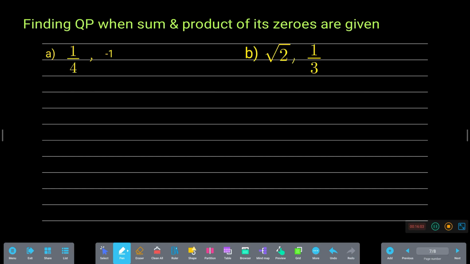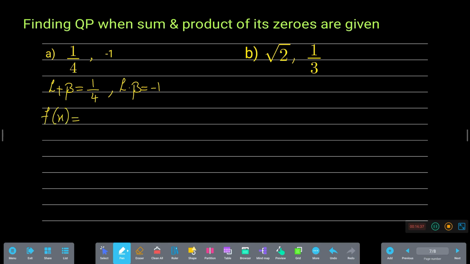Right. The next concept is finding a quadratic polynomial when the sum and product of its zeros are given. Okay. That means here a is 1 by 4, minus 1. 1 by 4 is nothing but the sum of the zeros, that is alpha plus beta is equal to 1 by 4. And the product of zeros alpha into beta is minus 1. For this we have a formula,